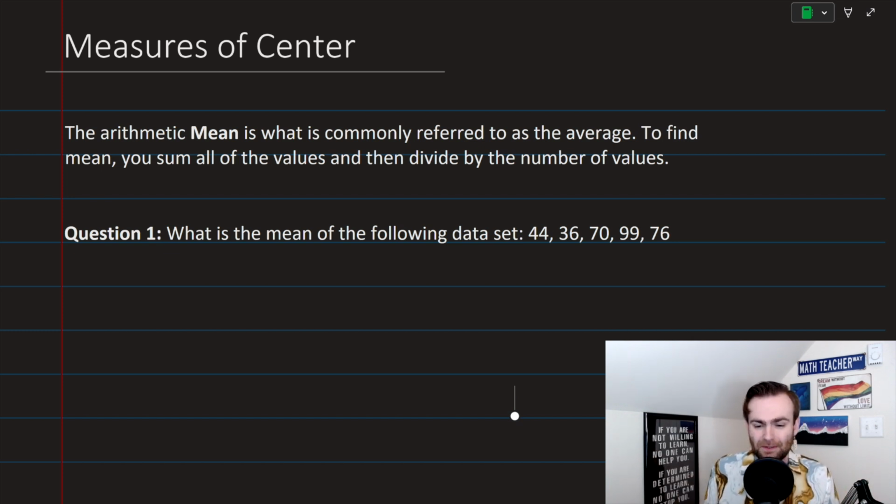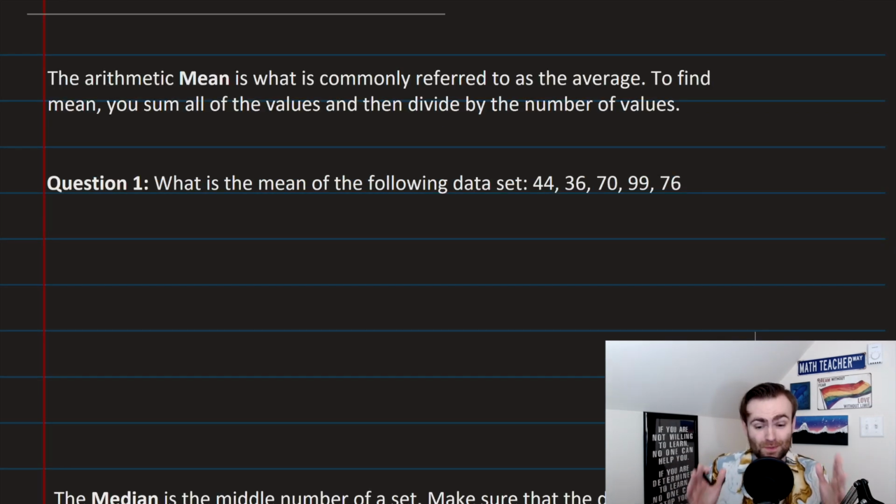So let's try one out. What is the mean of the following data set? 44, 36, 70, 99, and 76. So the first thing that we're going to do is add up all of these numbers, but we're going to do so strategically. Because we're trying not to use a calculator here, we're going to group the numbers up so that we get